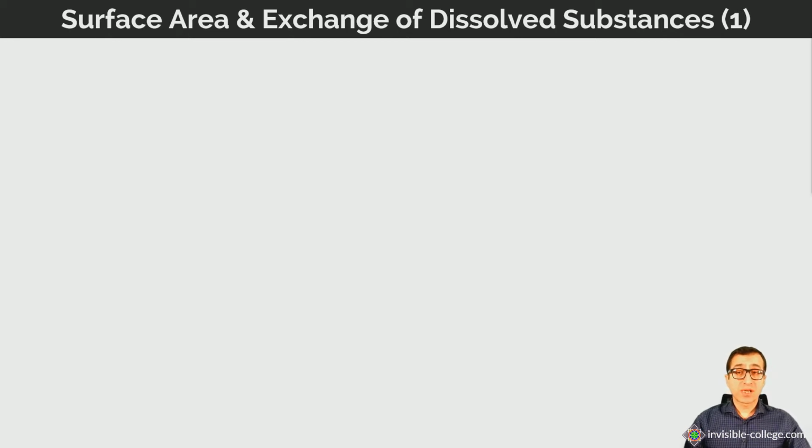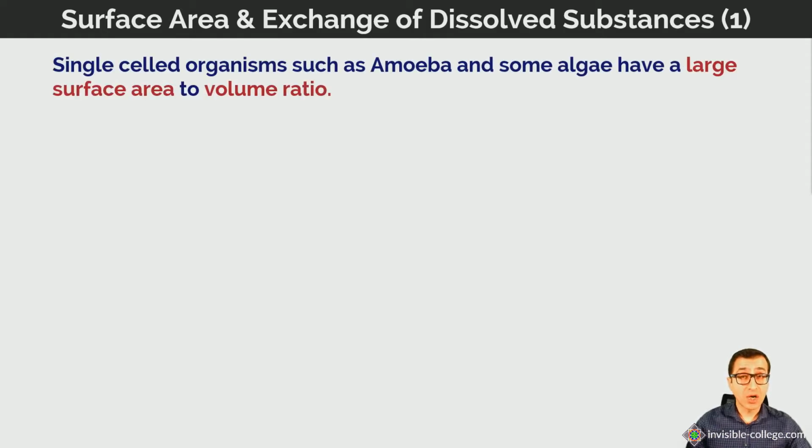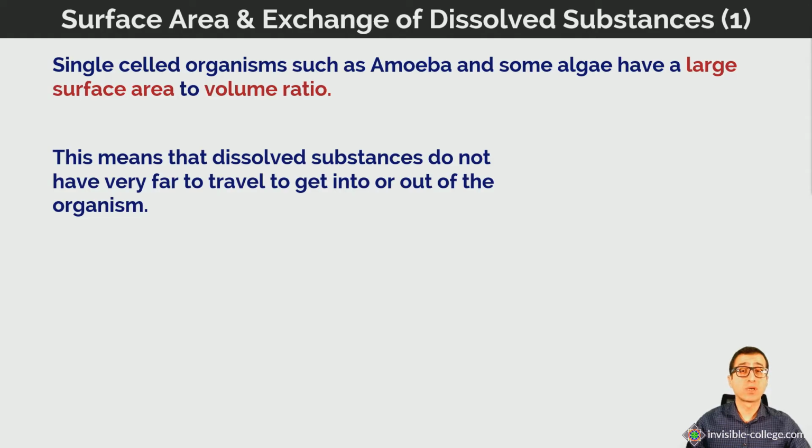Now, we talked in the previous topic, where we looked at transport of substances across membranes, about the fact that cells are limited in their size by this principle of surface area to volume ratio. Now, a single-celled organism, such as an amoeba, has to obtain all of its nutrients, all of its oxygen, and also eliminate all of its waste products across its cell surface membrane. And so, single-celled organisms typically have to have a large surface area to volume ratio. And this means that dissolved substances don't have very far to travel to get into or out of the organism,